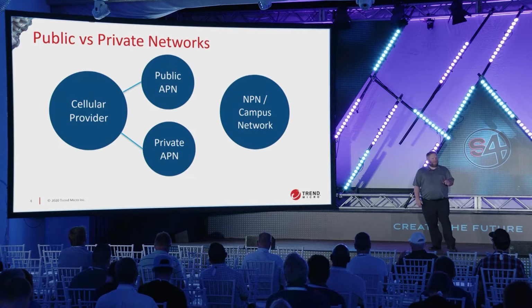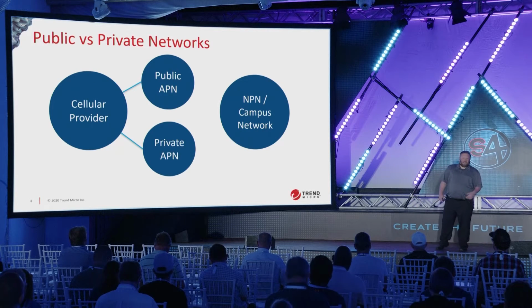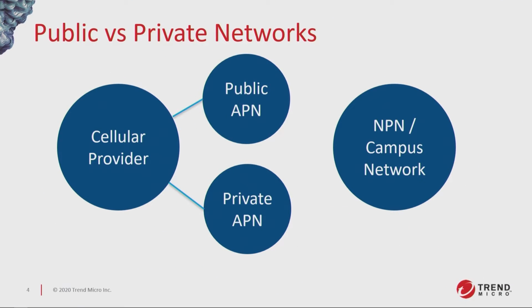So within the 4G networks, you have what they call private APNs. With a private APN, you put in a specific name of your APN, and instead of being on the AT&T public network, you get pushed off onto the AT&T private network for your specific company. And then all that traffic gets routed back into your environment. You can now do that with campus networks for 5G. Those are also called non-public networks, NPNs.